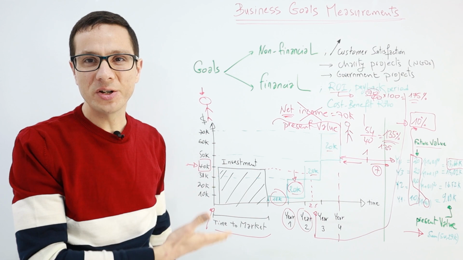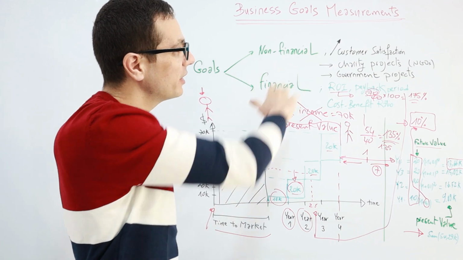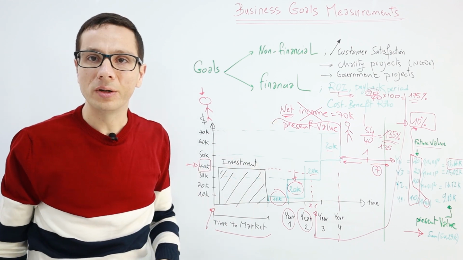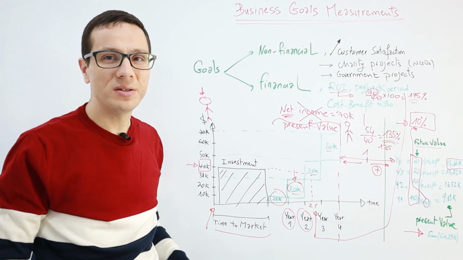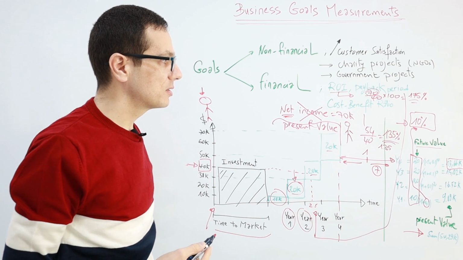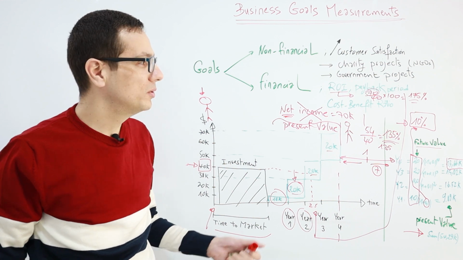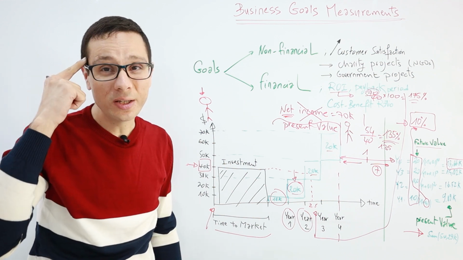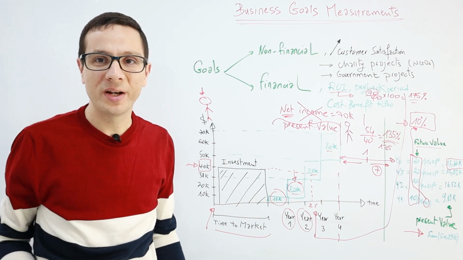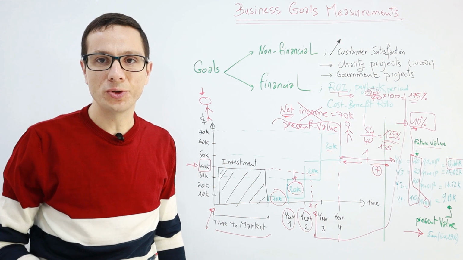This said, these measurements cannot only be used alone, because as we said, there are a lot of non-financial measurements you should take into consideration, even though you are looking for financial revenues. Sometimes the risk of projects with a high cost benefit ratio is very high, and you are a risk-averse company and you don't like to go through those projects. So taking into consideration the organizational process assets as well as the enterprise environmental factors is key to determine what measurement you should take.